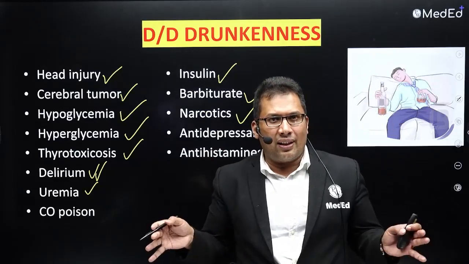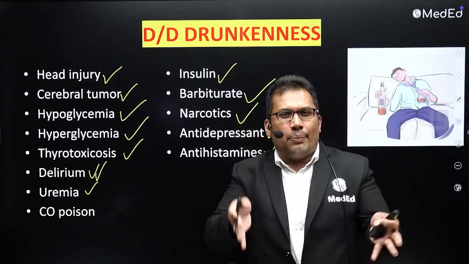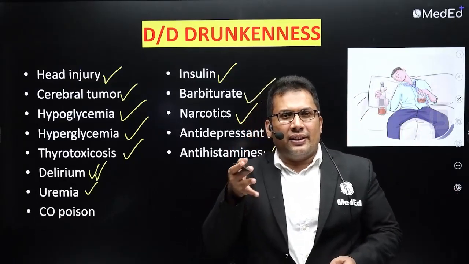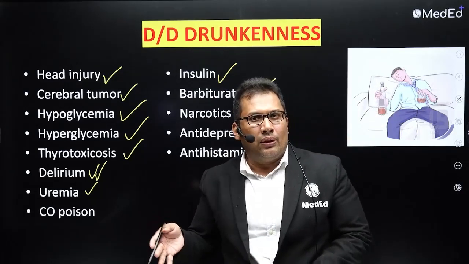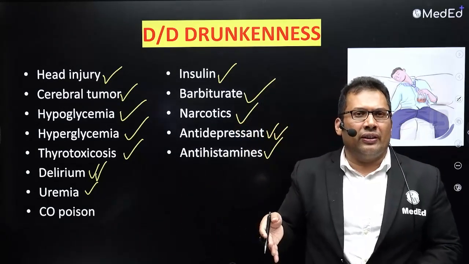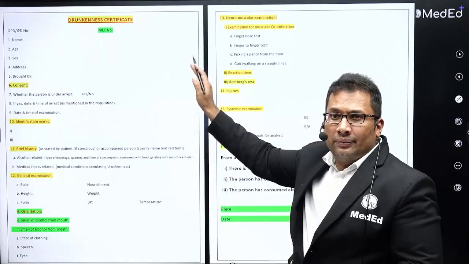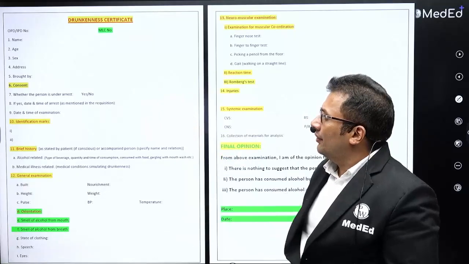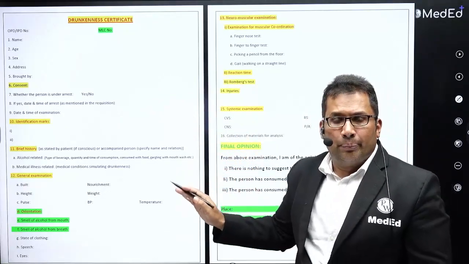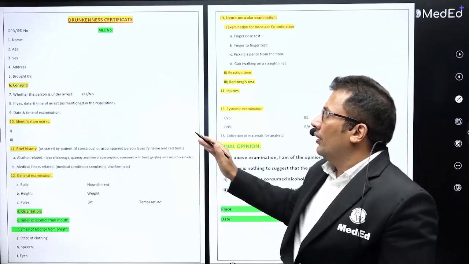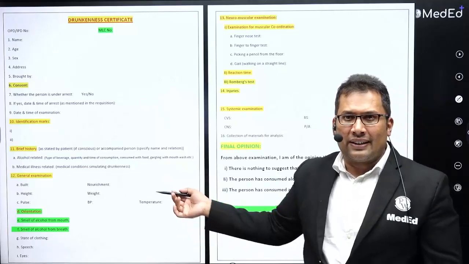So, with this introduction, now let's start with the proforma. You must know what is the standard proforma. It's a very important evidence to prove a crime, and it is submitted in court of law as evidence. So, this is the standard drunkenness certificate. Let's discuss each line briefly so that you can pass your upcoming exam with good marks. Let's start with the proper